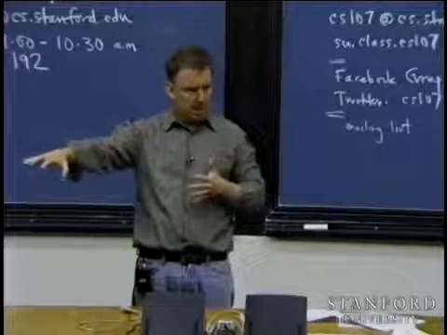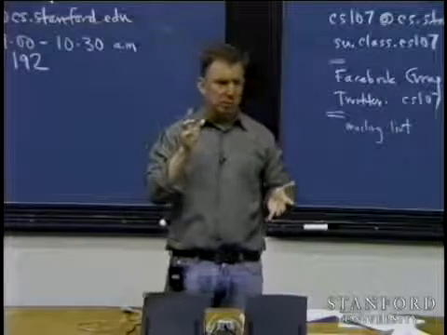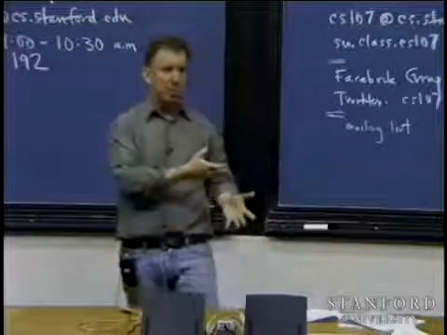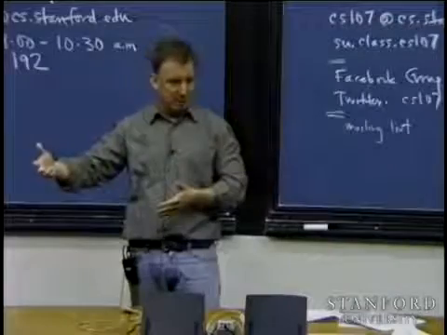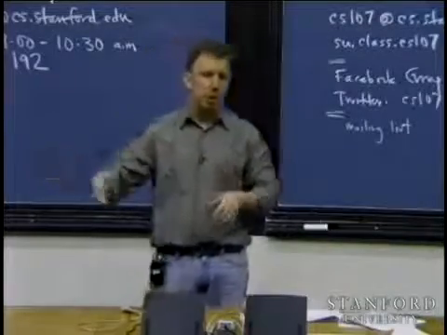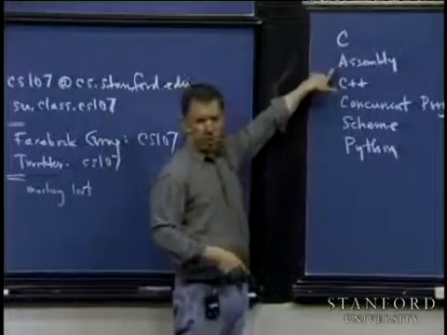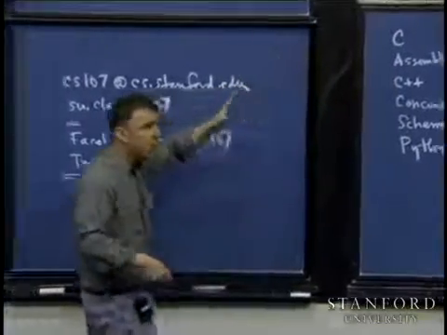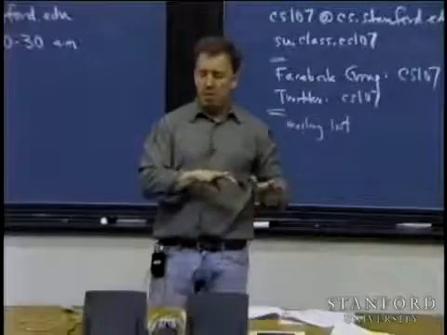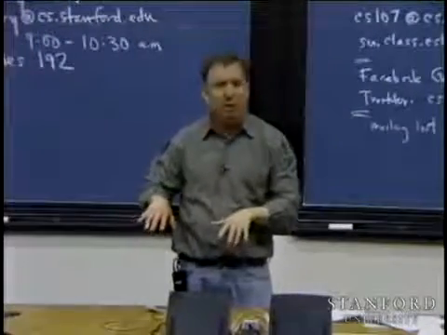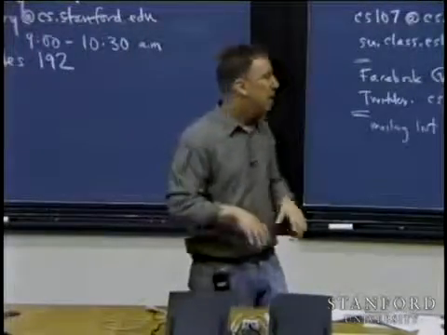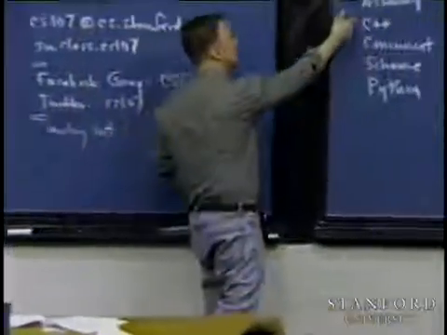Okay, does that make sense? I mean, you know that when you write C++ code, when you execute the program, it's not C++ anymore. It's assembly code. It's all zeros and ones eventually. I want to give you some insight as to how C is translated to assembly code, how all your variables and your functions and your objects and all of that eventually get boiled down and hashed down to a collection of zeros and ones. And I want to do a little bit of the same thing for C++.